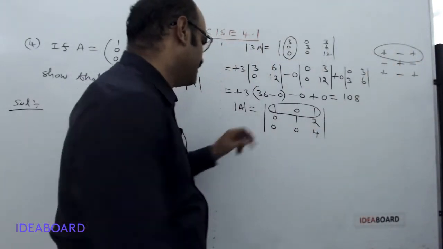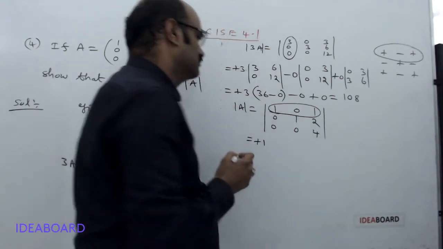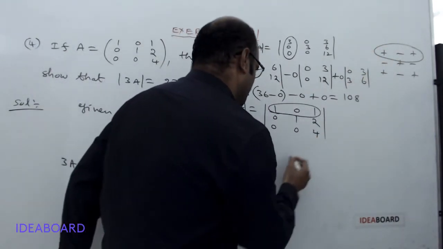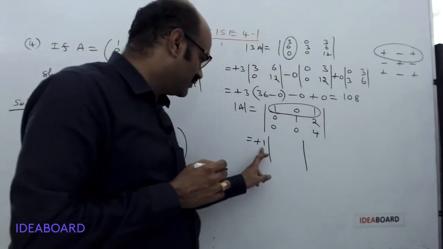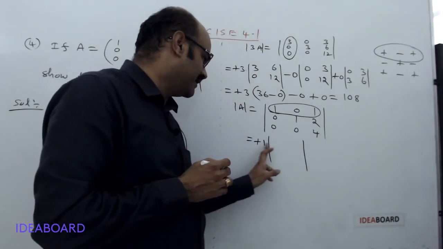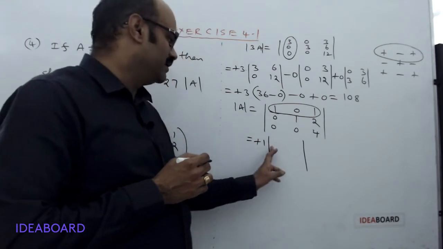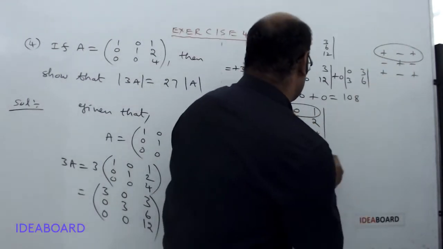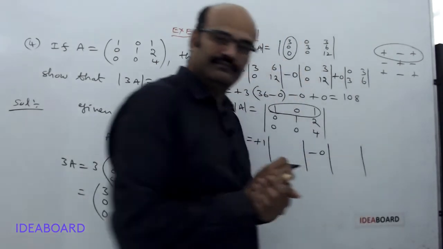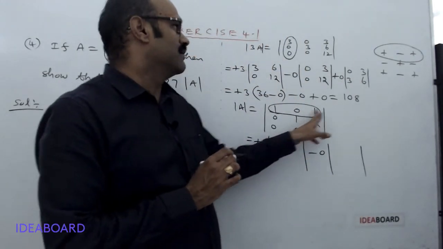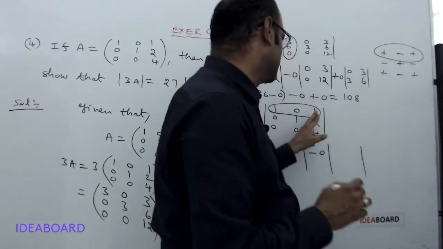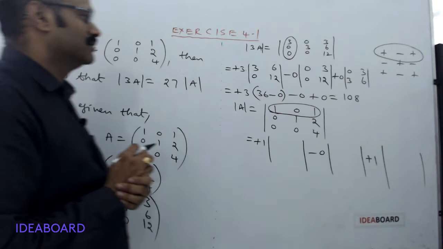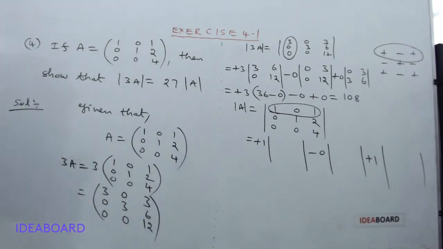So first we should write plus 1 into. For this one we have to take the sign plus. So plus 1 into determinant of, here we have to write the elements, minor of 1 into minor of 1 we should write. Next we are having minus 0 into minor of 0. Next we are having the sign plus 1 into minor of 1. So here if you identify